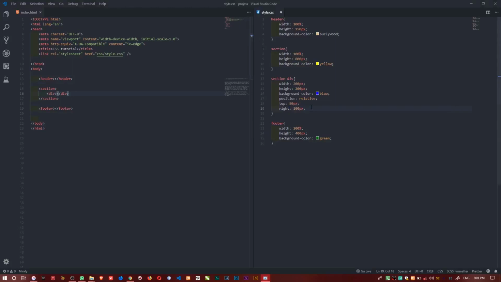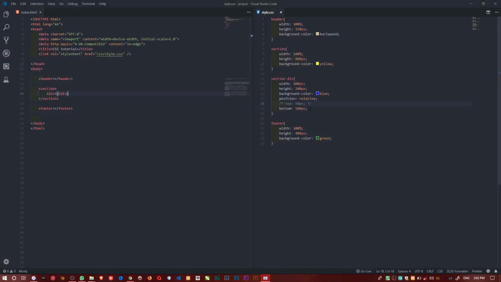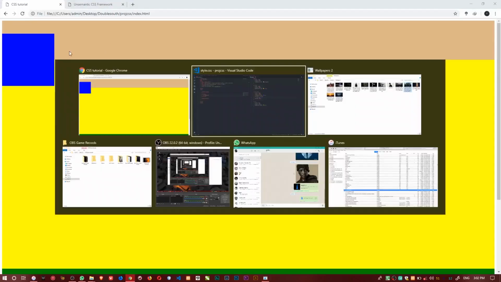Then if I want the bottom now, I comment out the top, so that by the time I specify bottom now, it will push up. You see, it doesn't push up now, because if I leave it now, say I specify top with the bottom together now, it will not do anything. See, but now when I comment out the top now, it pushes up.